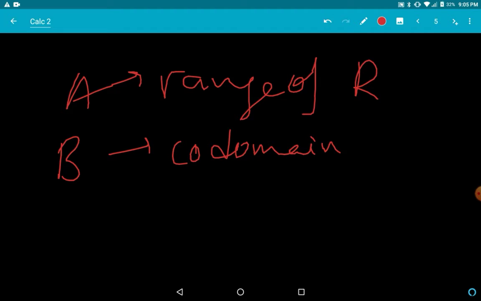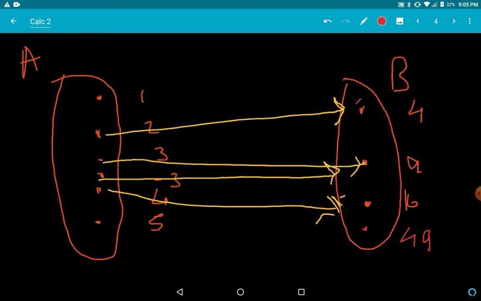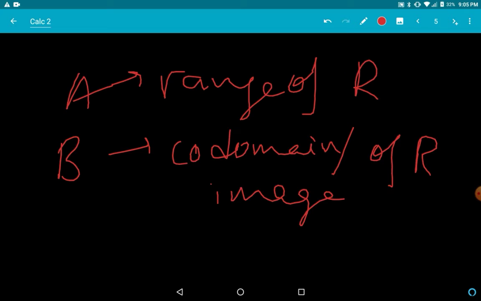Or you can say, image of R, of the relation R. And all the mapped elements like these, let's say that's C, that is called the